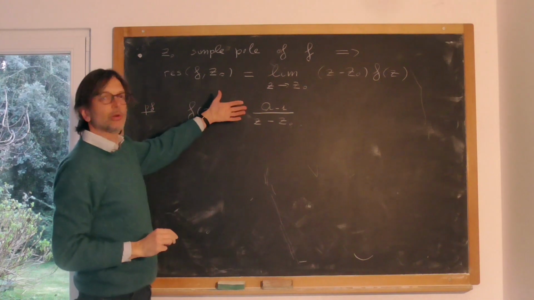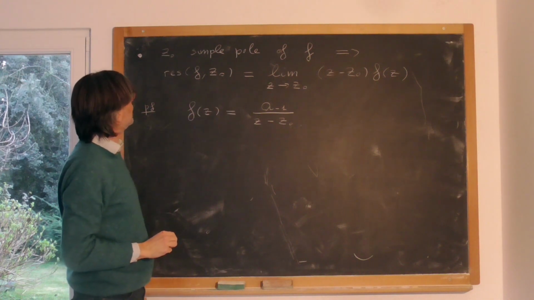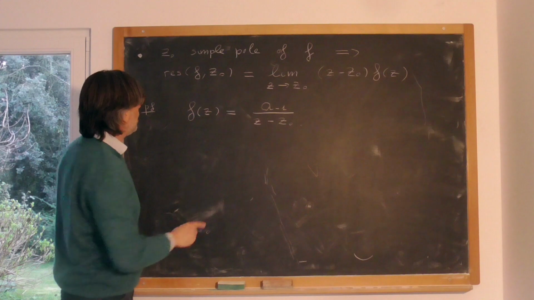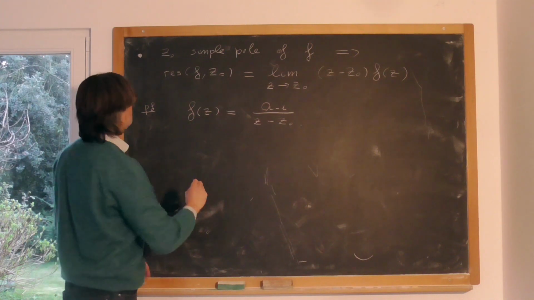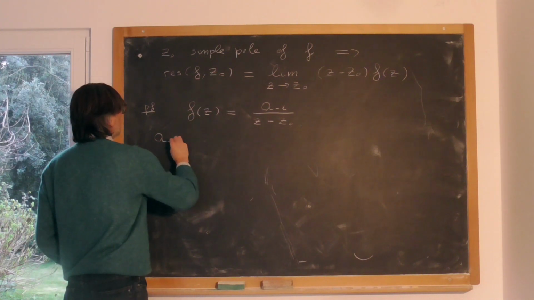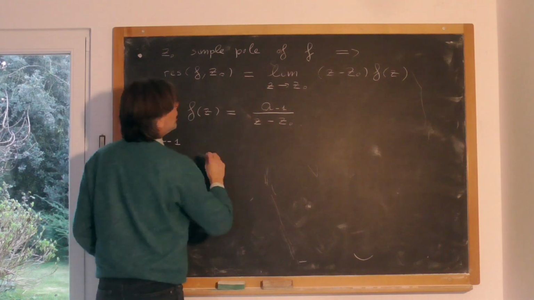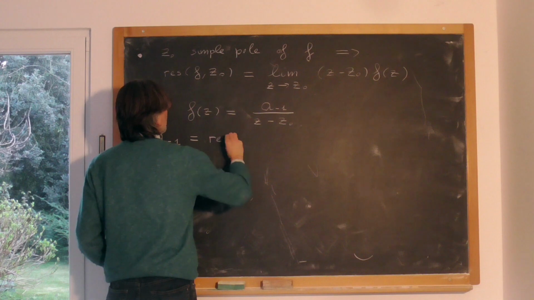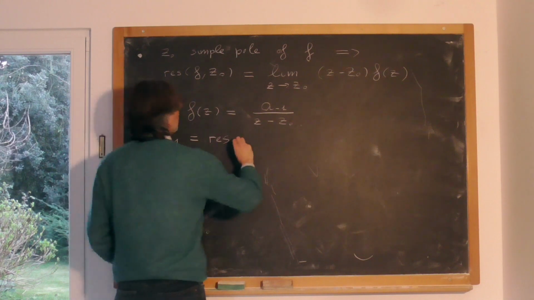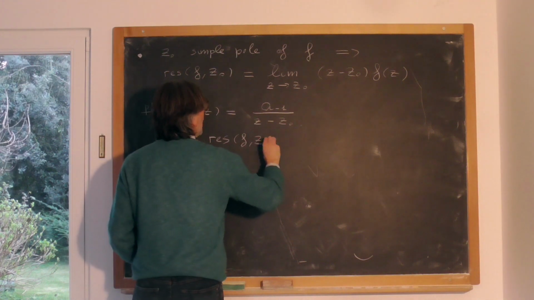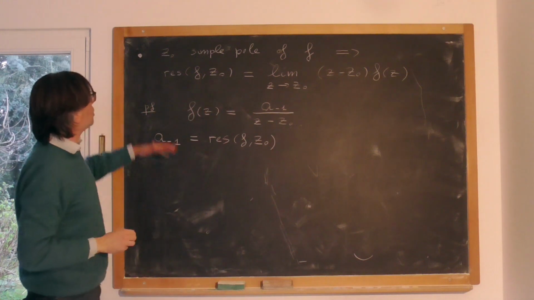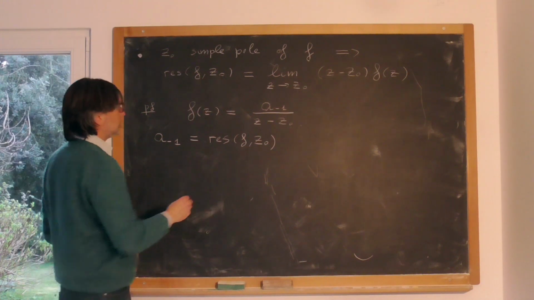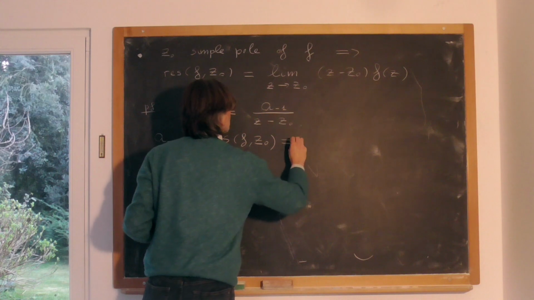This is the part giving us the pole of order 1, where this number a_{-1} is precisely the residue of f at z0, and we are assuming that this is a simple pole, so this number is non-zero,